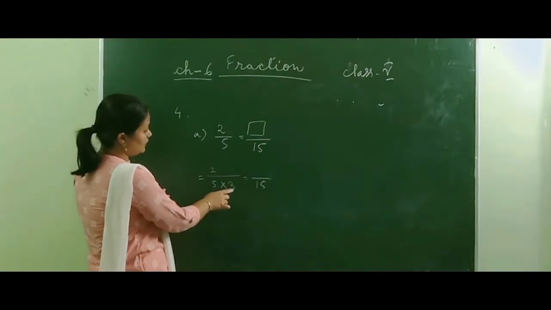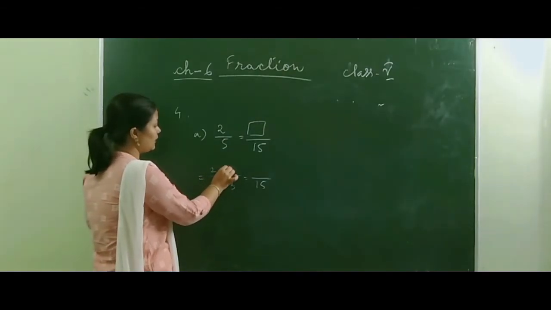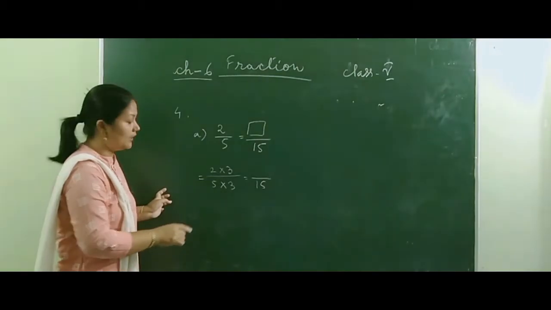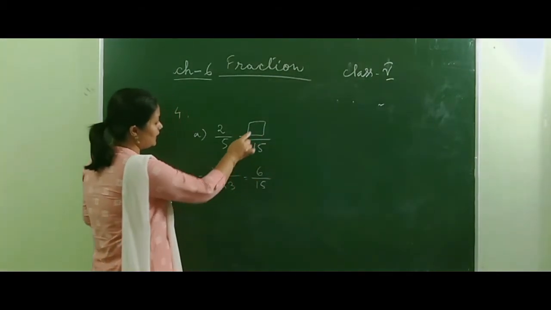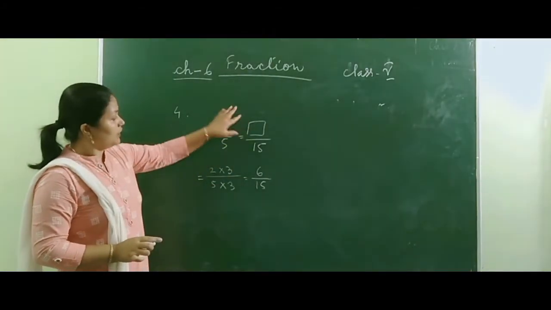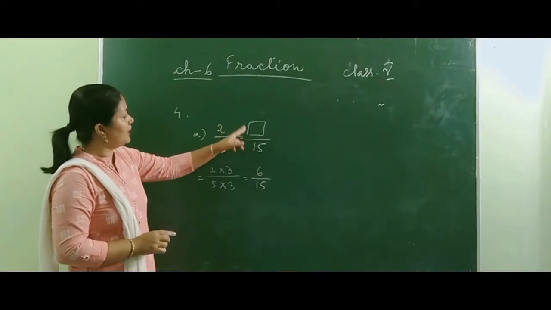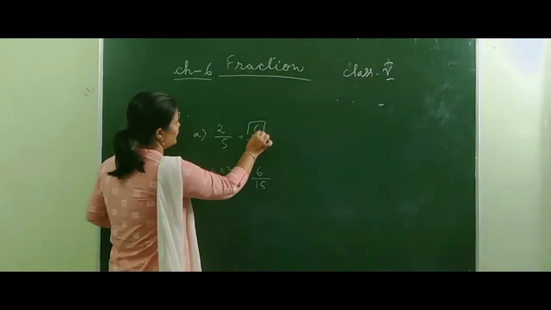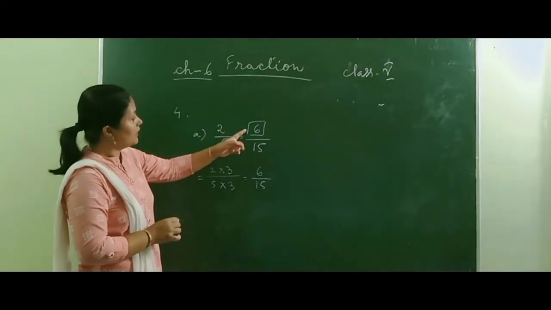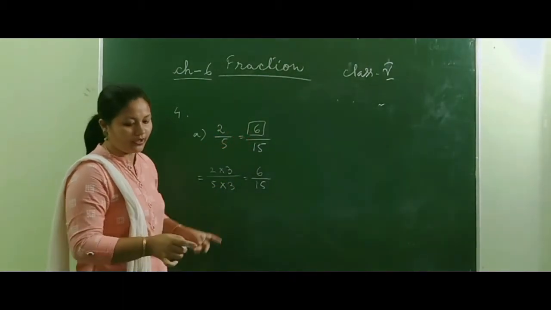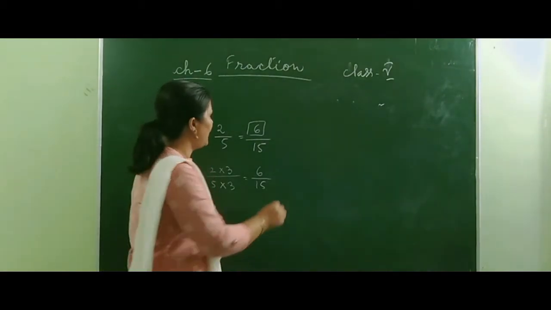So that 3 we multiply with denominator, and that same 3 we have to multiply with this numerator. So 2 3 times 6. So we can fill this box by 6. So you can do it directly also in the empty box. You can write 6 here. You can do directly if you can count it yourself, or you can show like this, and after that you can fill the box. Remaining one do yourself. And then question number 5.